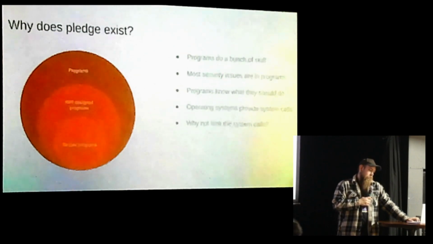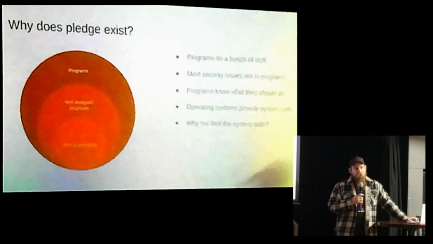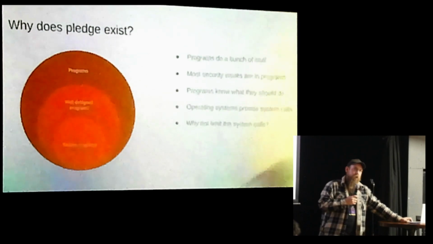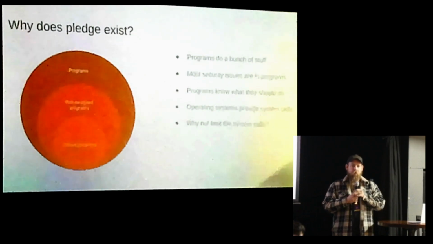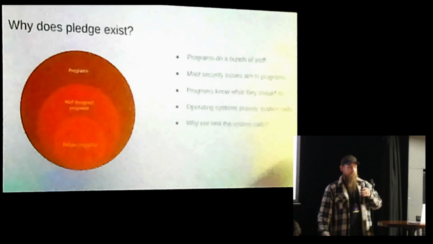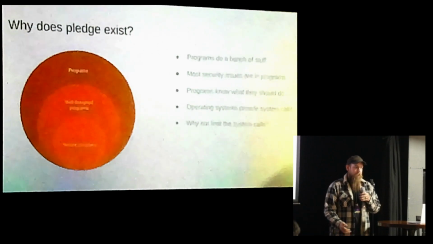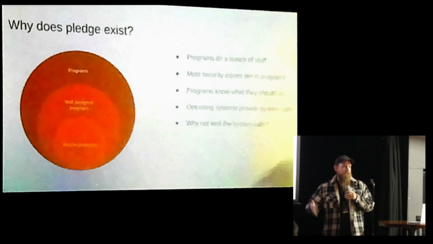And so that's not really an accurate statement. Why not limit the system calls? It is in some ways. There are different mechanisms for it. But basically what we're talking about is when a computer program goes and does something by talking to the kernel, there's a permission boundary check there that's inherent.